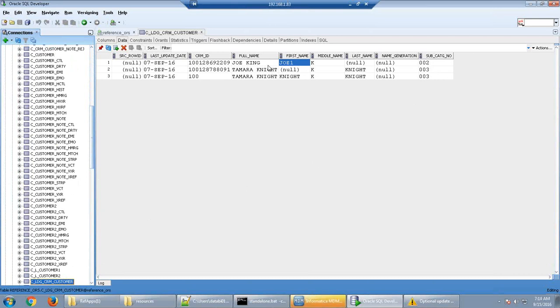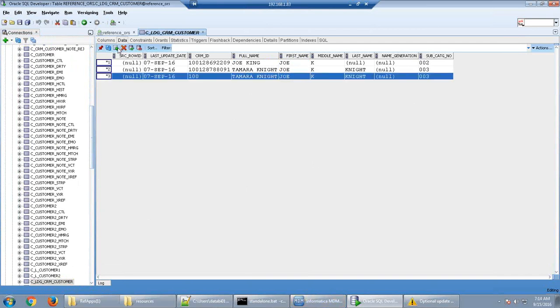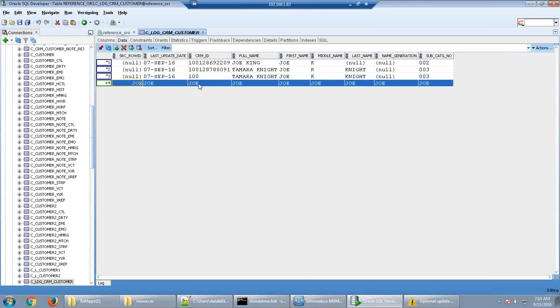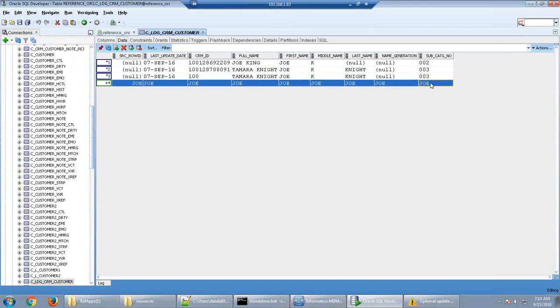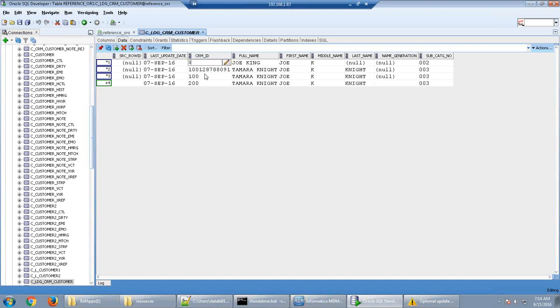In the landing table, because we are testing the exact matches, we'll keep all the first name and the last name as similar, with some differences in the data. So we will have all the first names here and then the last name.